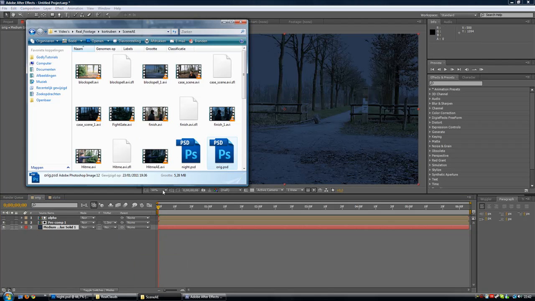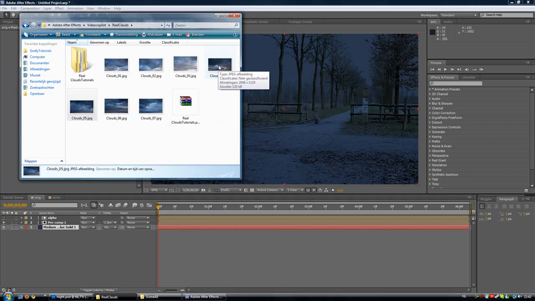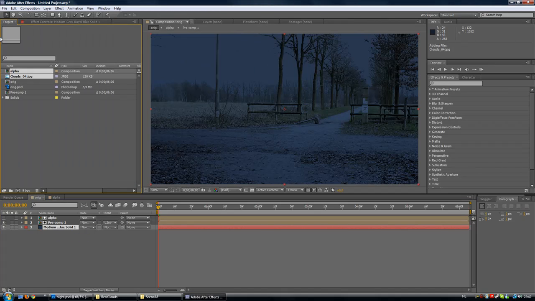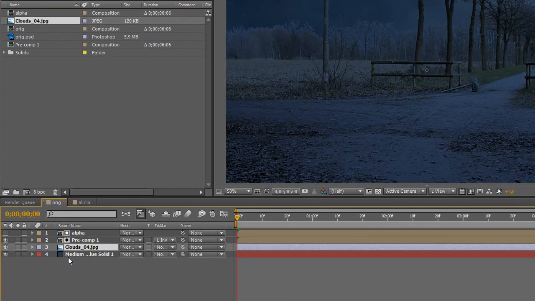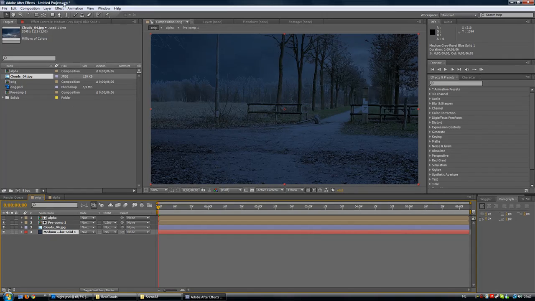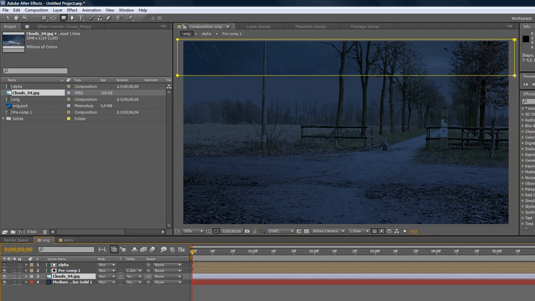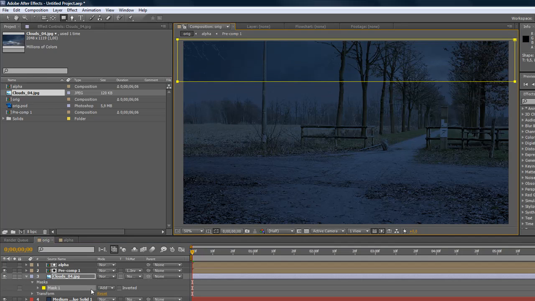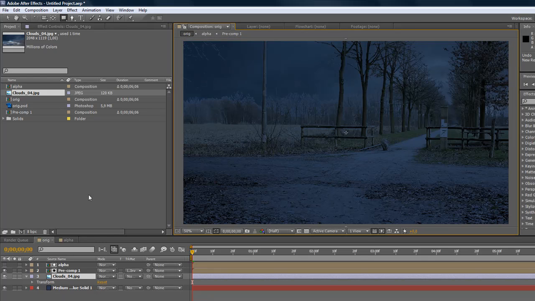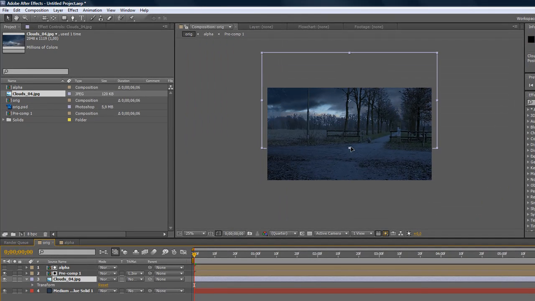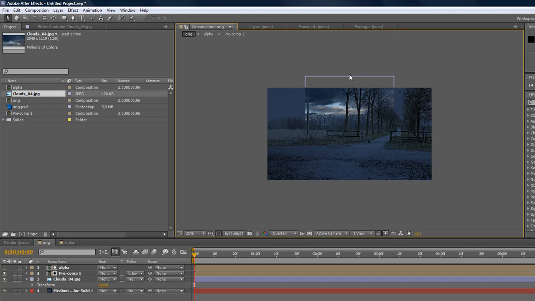Then we're going to import our cloud. We can just find a nice pair of clouds on Google. Pair. Why am I saying pair? But yeah, doesn't matter. Go to the project, import your clouds over here, and put them on top of your solid. Then you're going to take your mask tool, go back to the clouds, and select the top over here. So what we're going to do now, I'm just going to Control Z this, and then go back to the selection tool, and drag this down, drag it up a little like this,